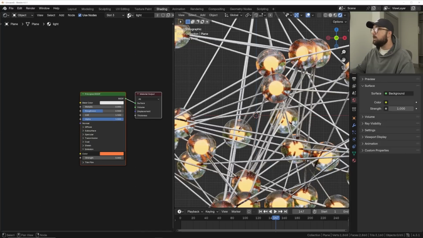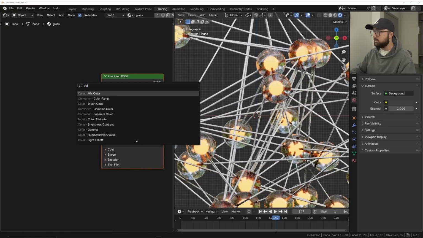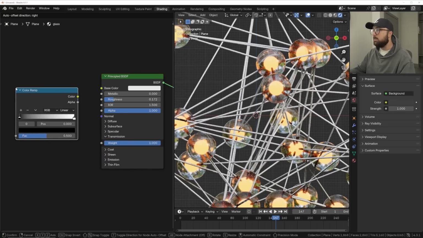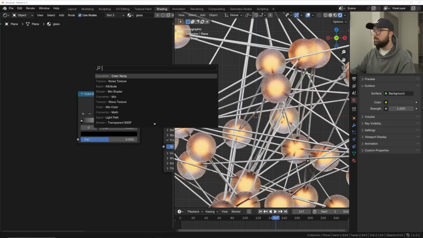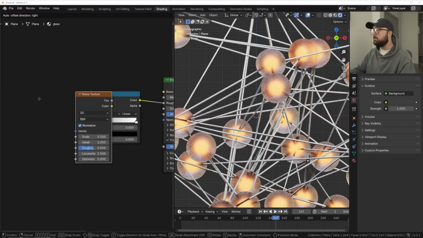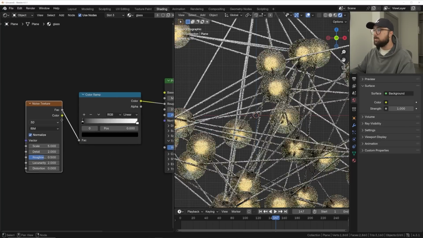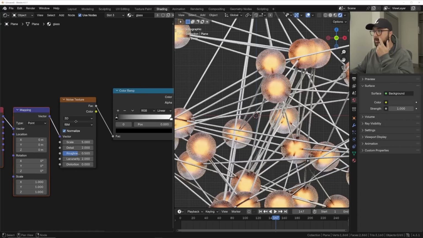So here you can hit this drop down and go to glass, and let's go ahead and get some roughness magic happening on it. So we'll click on the color ramp, plug that into roughness. We'll get a noise texture. We're going to plug factor into the noise texture, and then I'm going to hit Control T with the Node Wrangler